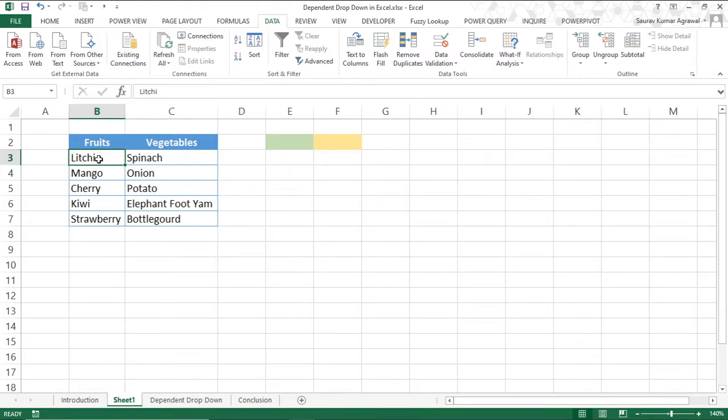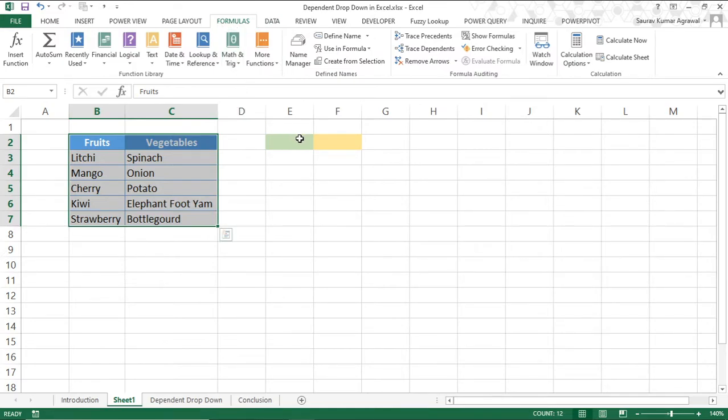So what we are going to do for that is we are going to do some smart work and convert these ranges, like range 1 and range 2, into named ranges. How do we do that? Let's see. So we will simply select the entire range with the header being the name of the range that we specifically want. Then we'll go to the formulas tab. Under formulas tab, we are going to click on create from selection. Let me just highlight it for the reference of everybody. We'll select the create from selection option under formulas tab.